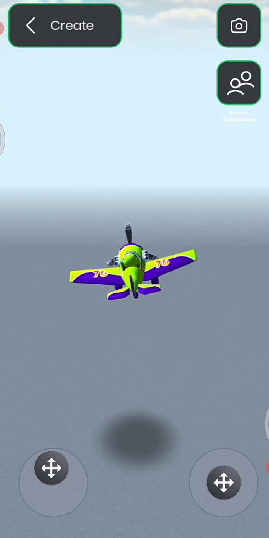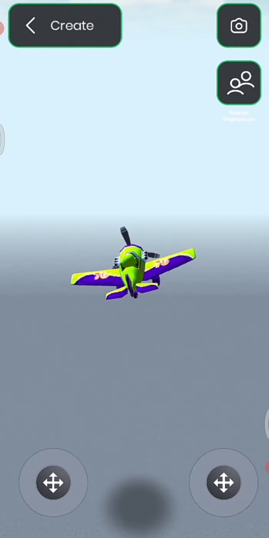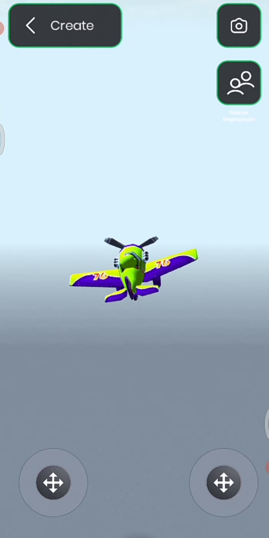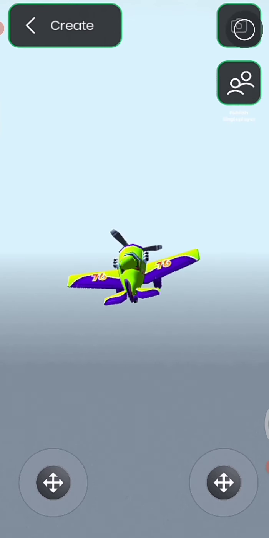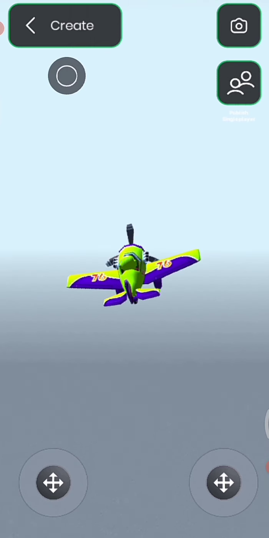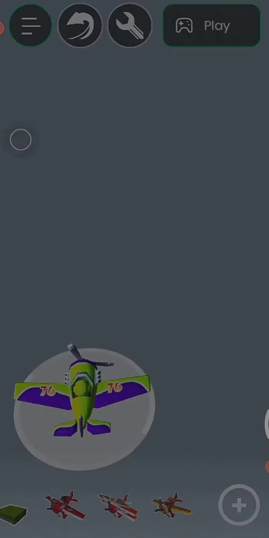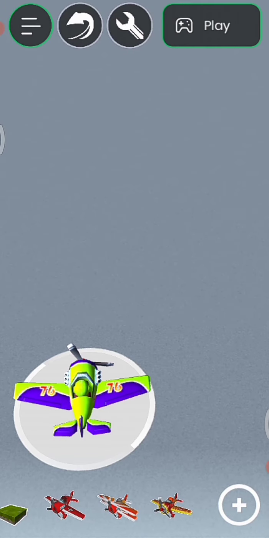Like that you can play your game. If you want to take a snap, you can take a snap and you can share it with your players using this. If you want to make a creation, you can make a creation also. Automatically the animated air vehicle will be saved in your stack folder. Okay, you can share them also.